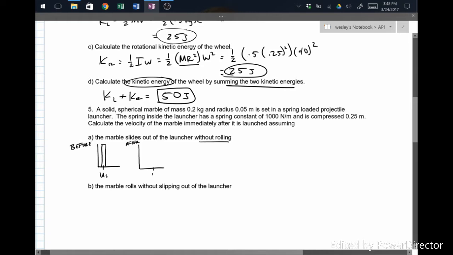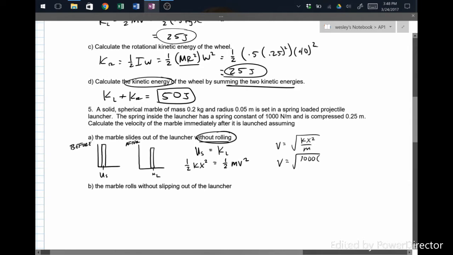So all of that's going to become kinetic energy. But if we're not rolling, that means there's no spin to the wheel. That's going to be all linear kinetic energy. And so what we have is all of that spring potential energy turning into linear kinetic energy. So for a spring, it's 1/2 kx squared is equal to just the linear kinetic energy, 1/2 mv squared. So my velocity is going to be the square root of kx squared over m. So my velocity comes out to be the square root of 1,000